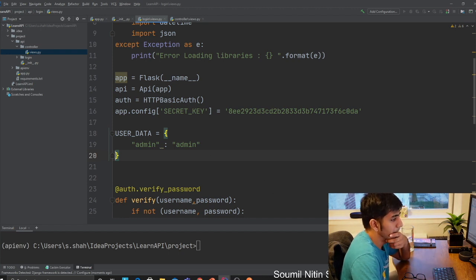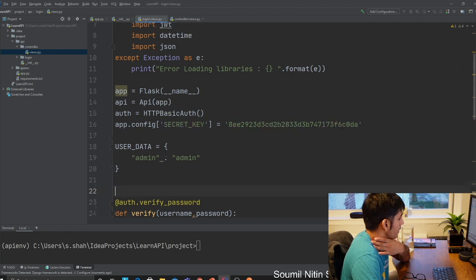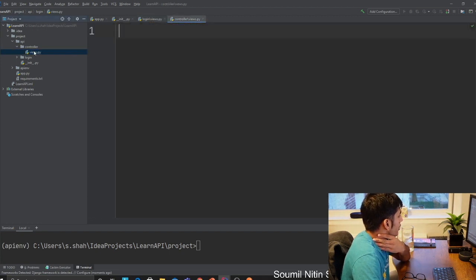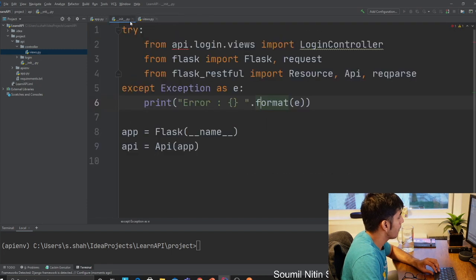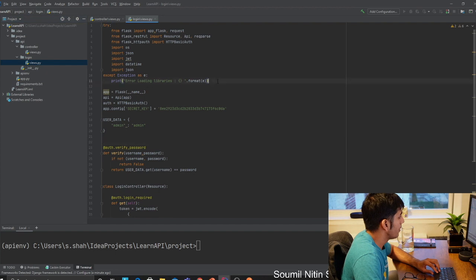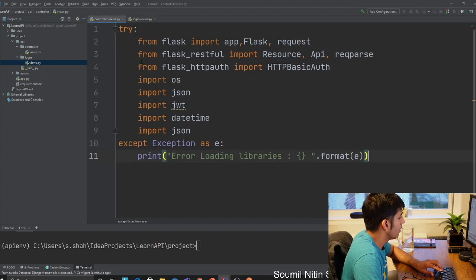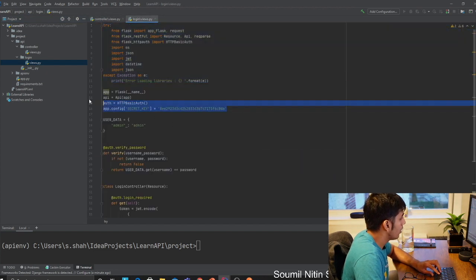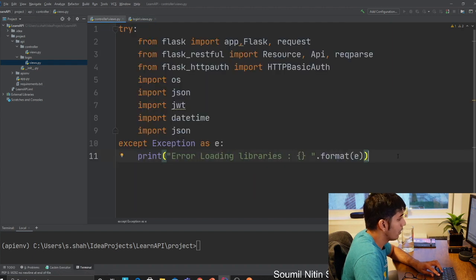Okay, so we have to do a couple of things here. Let's go to views.py. Here, let's copy all the imports we had. Let's define the app and all.